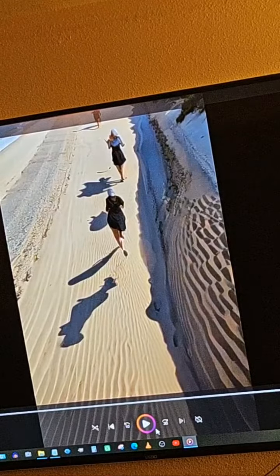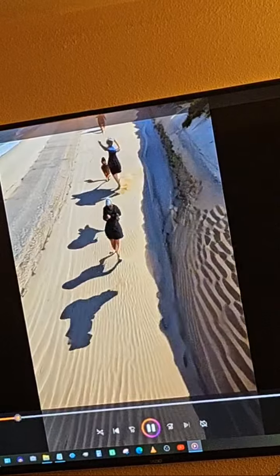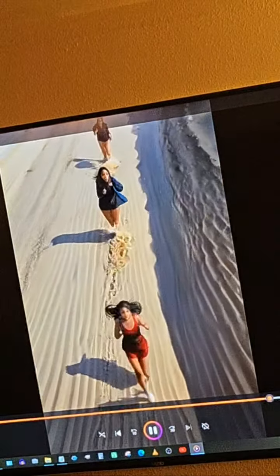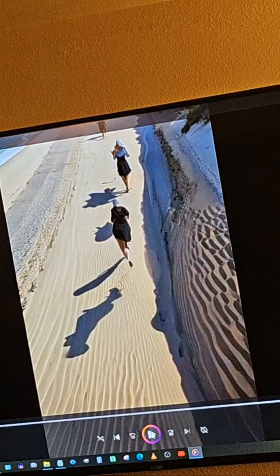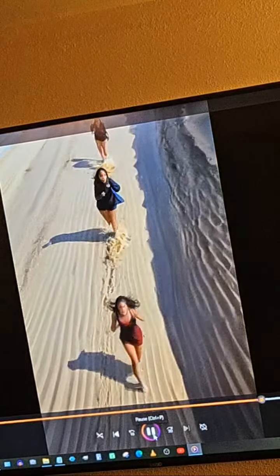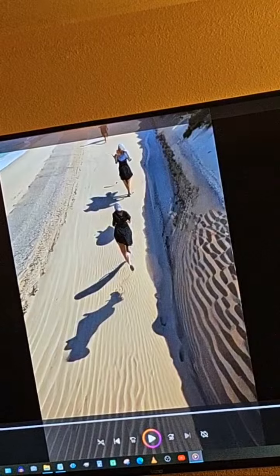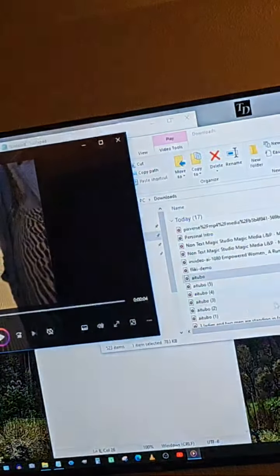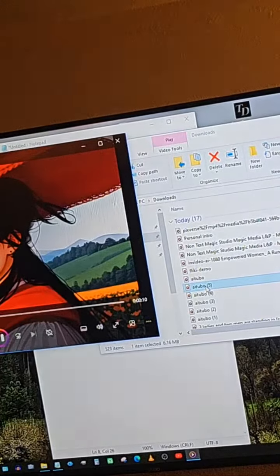This one I added sound to. Usually they don't have sound with them, but right, you see, it's like, what's going on here? These women are just popping out of the sand out of nowhere, etc. Obviously, that's not how people are in the real world. Let's look at another one of these.